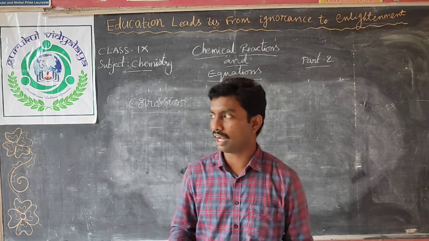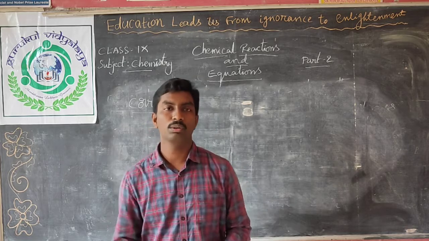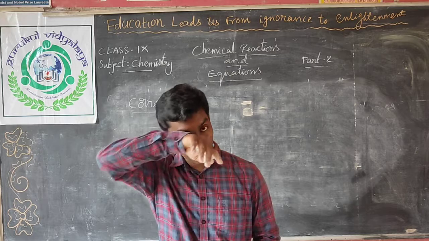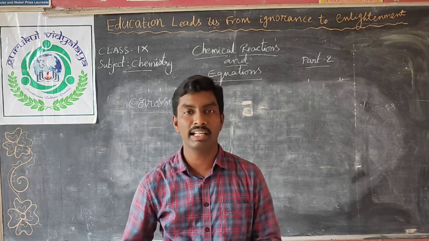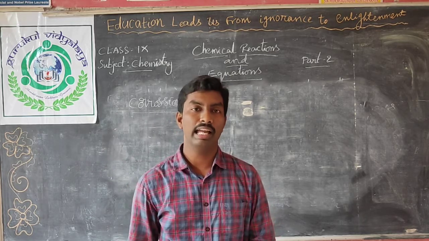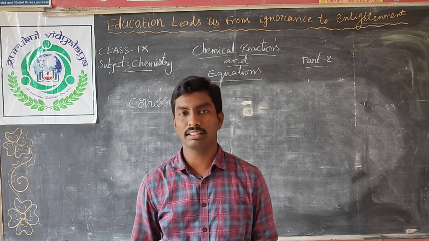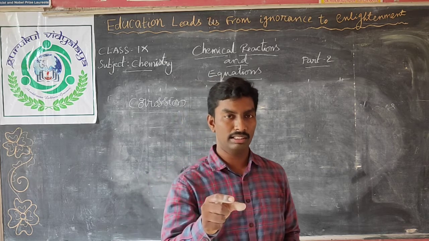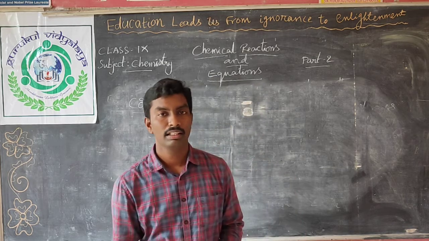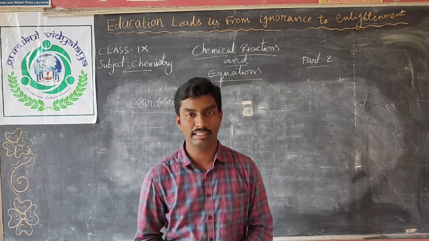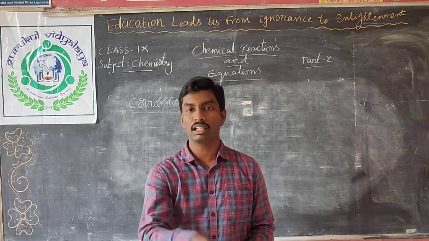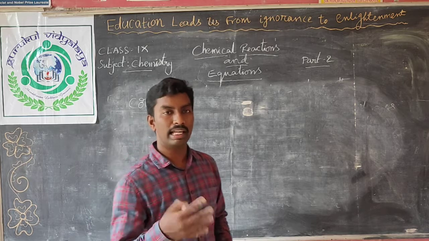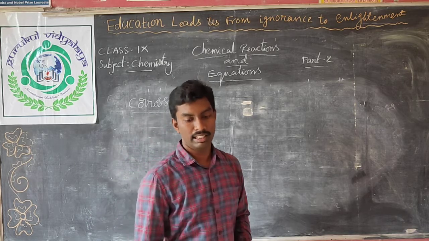And for other metals not to corrode, what do we have to do? For them, two processes are there. One is galvanizing and another one is alloying. Galvanizing means the metal is coated or mixed with another metal. Alloying means mixing of two or more metals, or one non-metal also mixed together. That is called alloys. Those alloys we are using nowadays in our daily life.